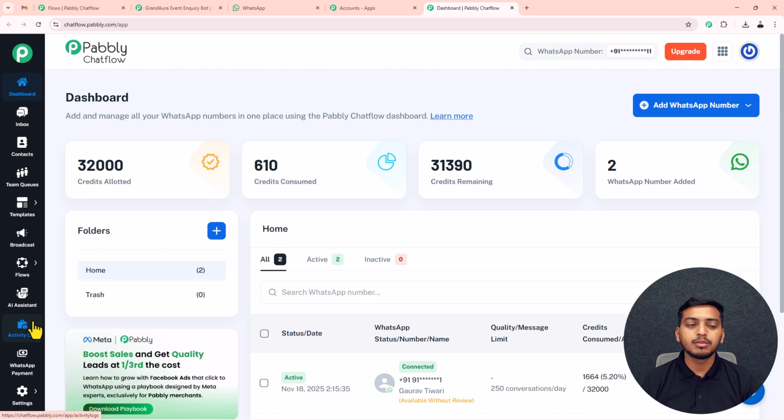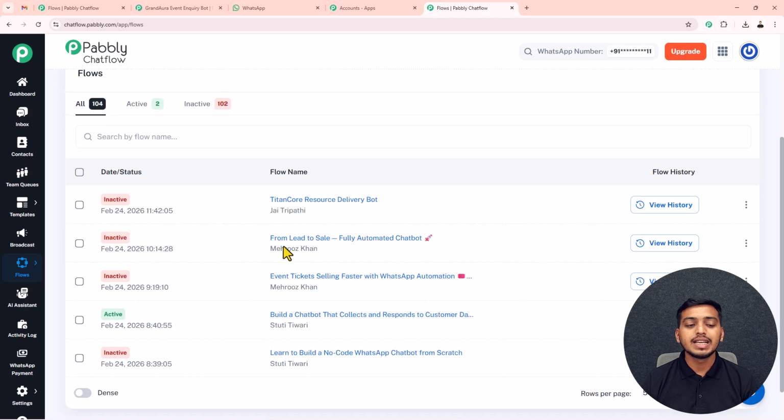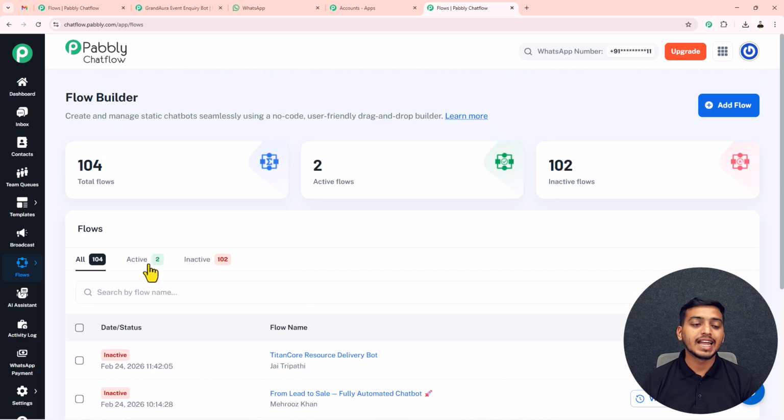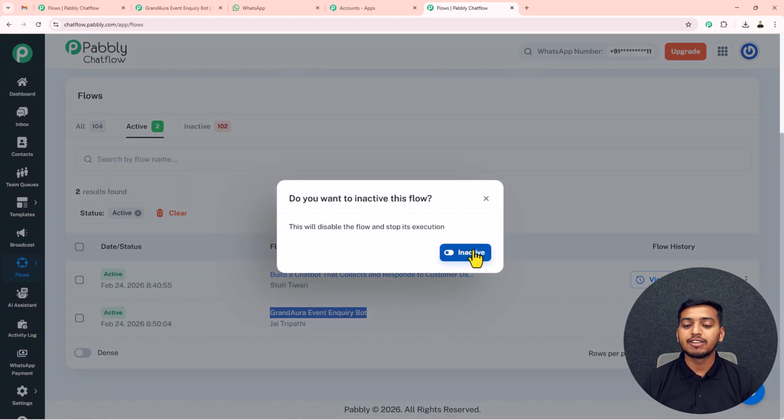After adding your WhatsApp number, to start creating a WhatsApp chatbot, you have to click on this flow and select this flows. This is the flow builder page, where these are the flows that I have created for myself. Inside the active page, you can see this is the flow Grand Aura event inquiry bot which I have created for myself. Now, as I'm going to create the exact same WhatsApp chatbot, that's why at first I will inactivate